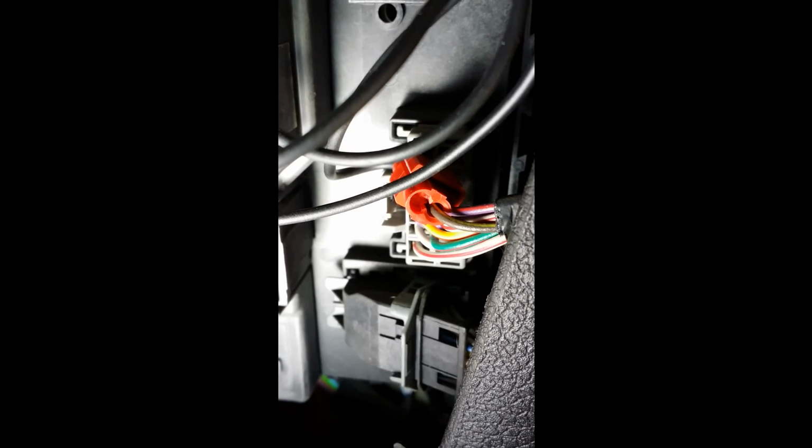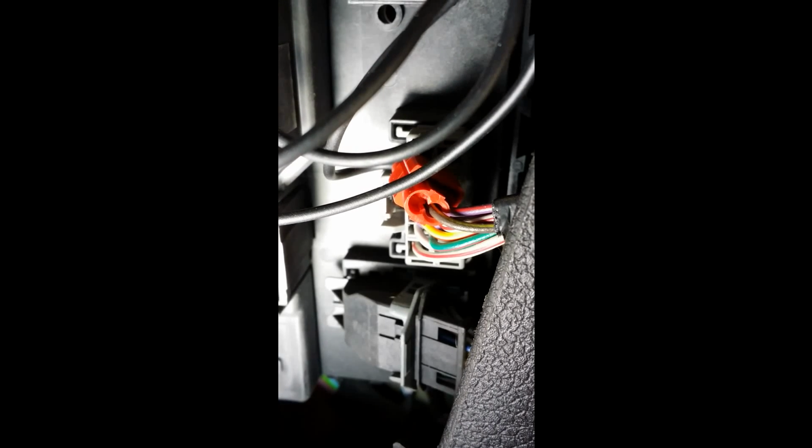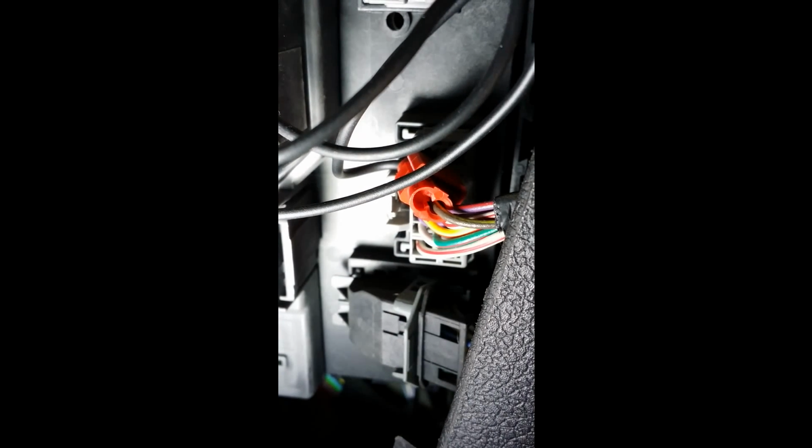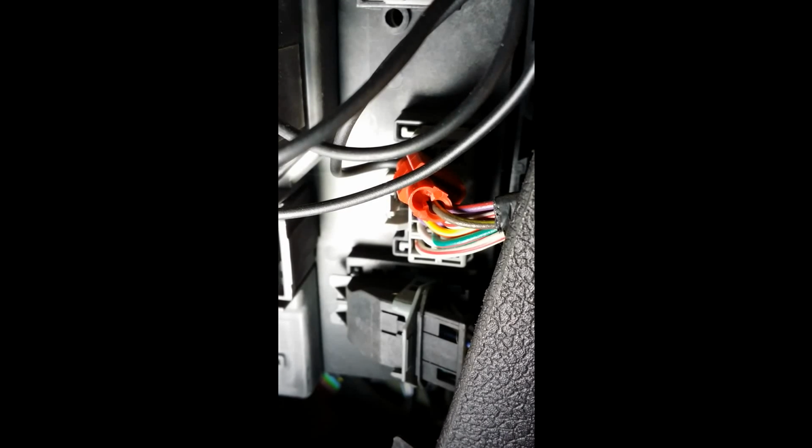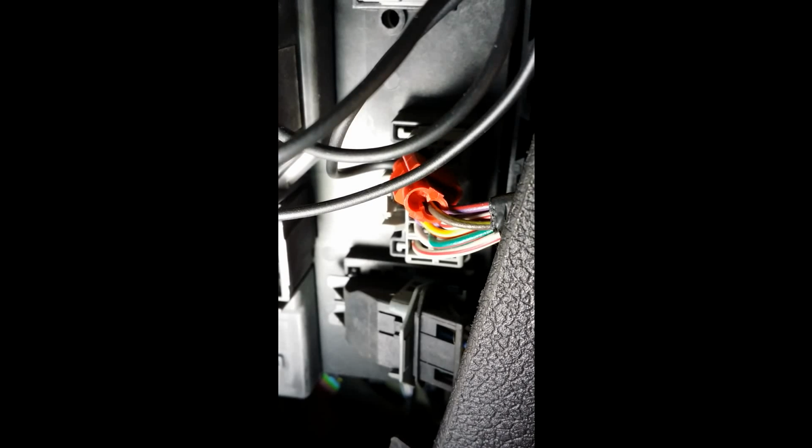Okay, so after you remove the kick panel cover, you'll see several fuse modules. This is the one that you're interested in. It's on the bottom of the panel, and in particular, you're interested in pin 6, slot 6. Now they are numbered. Now depending on your vehicle, your cable coloring can be different, but pin 6 is what